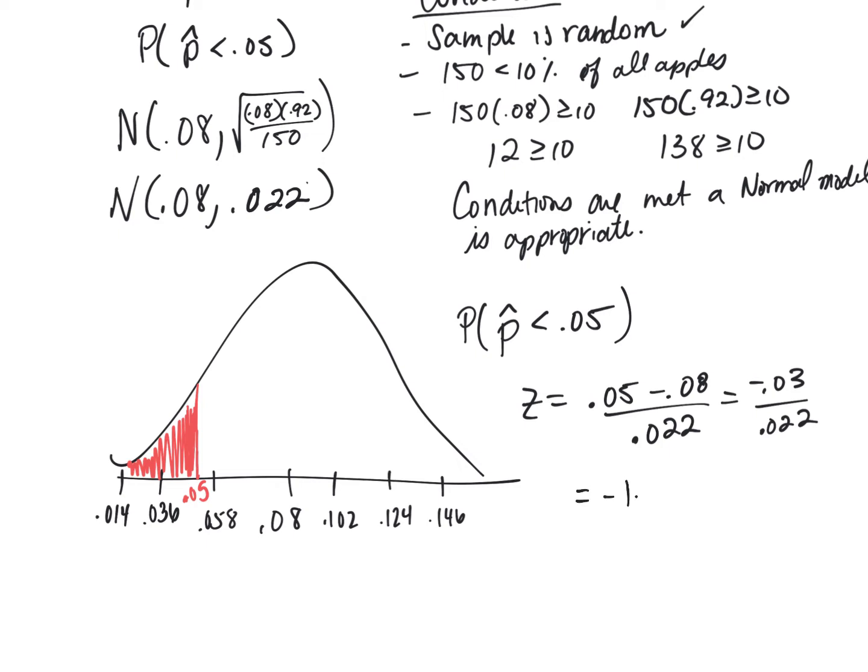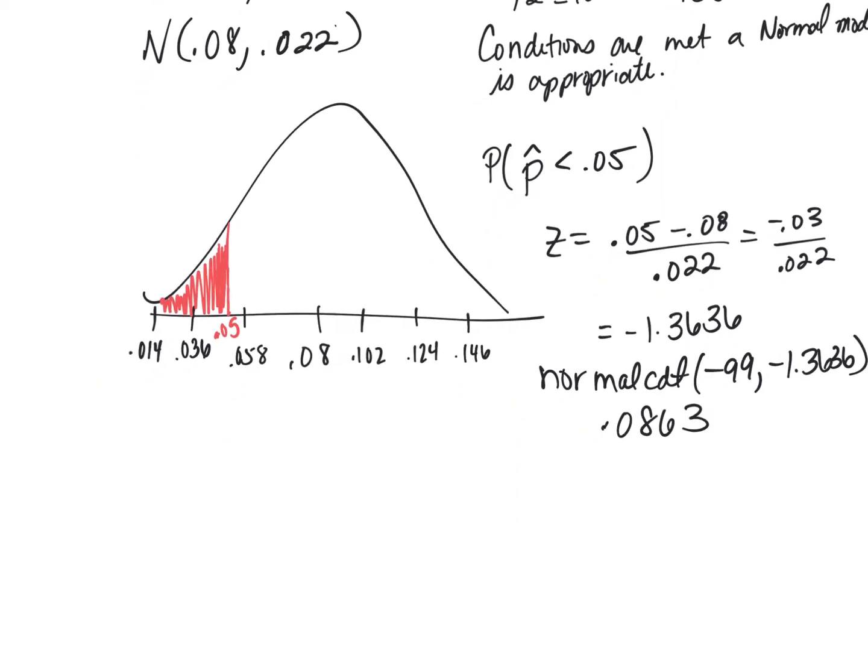And we get negative 1.3636. And then we do normal CDF, negative 99, comma negative 1.3636, because it's less than, right? So I want this area. I want from negative 99 standard deviations all the way up to this, which is negative 1.36 standard deviations, right? It's not greater than would be my z-score, comma 99. And so negative 99, comma my answer, and I get